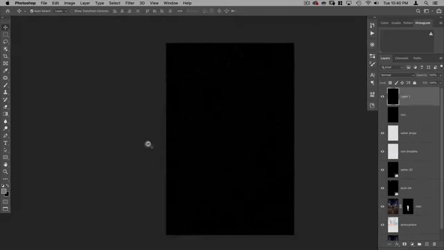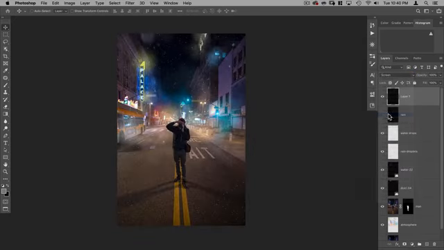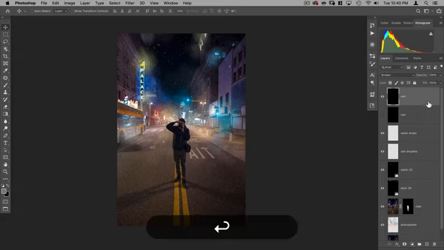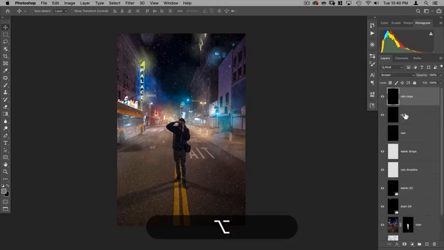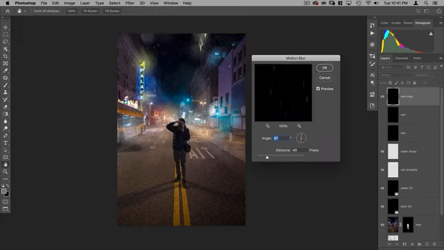All right, so we have a good base for our rain here. Let's put this on screen. And before I motion blur this, let's call this rain. I'm going to make a copy of it, and I can just do that by option dragging the layer. I'm going to turn off the original here, and I'm going to go again to motion blur. This time we're going to motion blur it a lot. I just really want streaks. So I've streaked this.